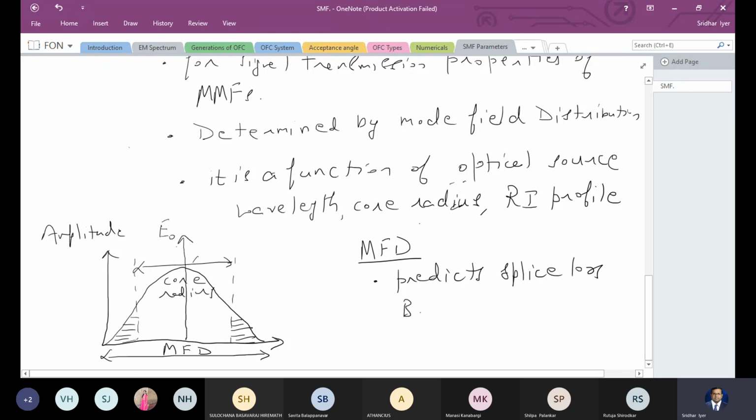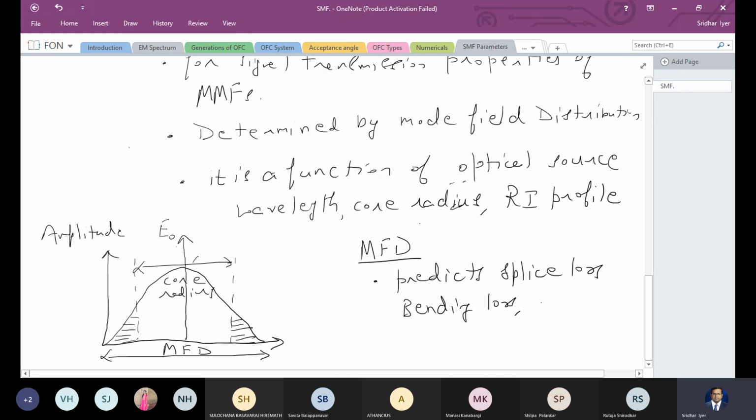It is also going to predict for us what is known as bending loss. We are not going to be able to deploy the fiber just as a straight line, because as you can imagine in our city Belgaum itself, if you want to put fiber, it's not going to be a straight road. There's going to be a lot of curves all over the place. So there's going to be bending of the fiber, and each and every time we bend a fiber, there's going to be loss there. Right? We'll be discussing this point again in module 2. Bending also leads to attenuation.